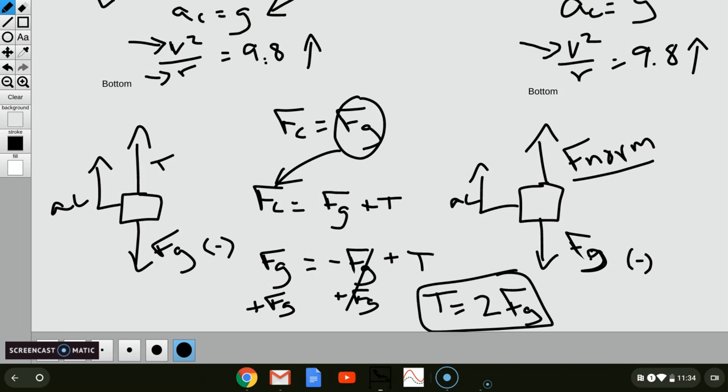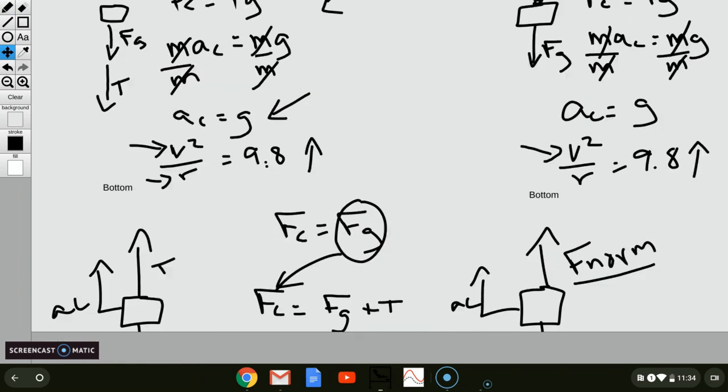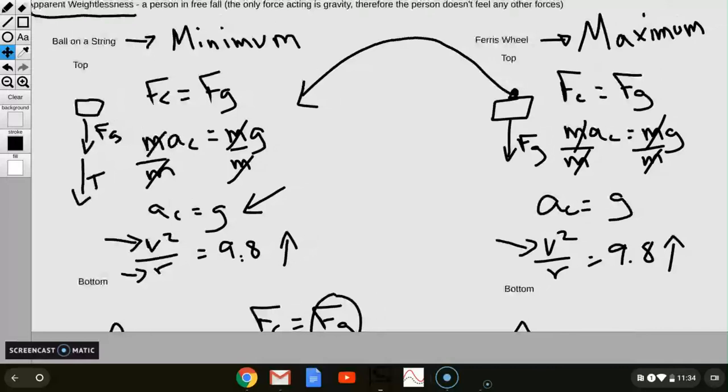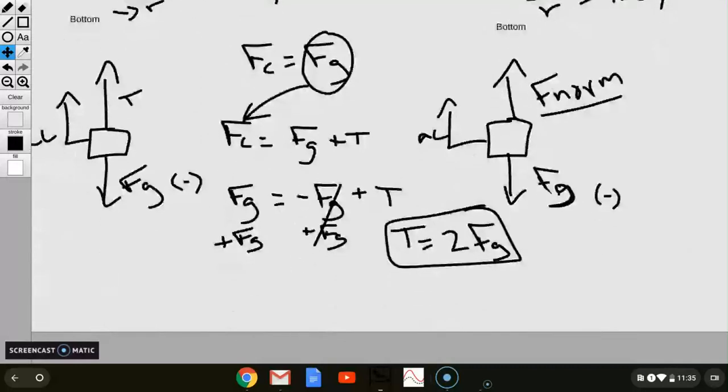So there are two very true things at this velocity. At the top of the circle, if it's a person, they will feel weightless. For a ball on a string, that's the minimum velocity to maintain uniform circular motion. For a Ferris wheel, that is the maximum velocity because we actually have some support under it. We can go slower than that on a Ferris wheel. At the bottom of either one, it